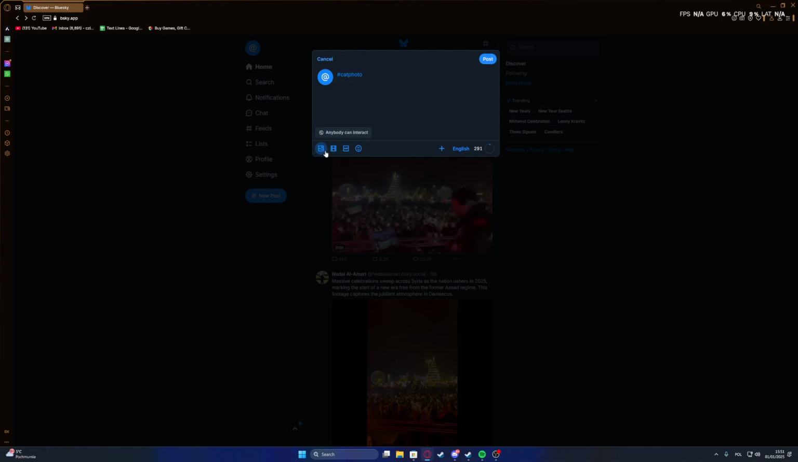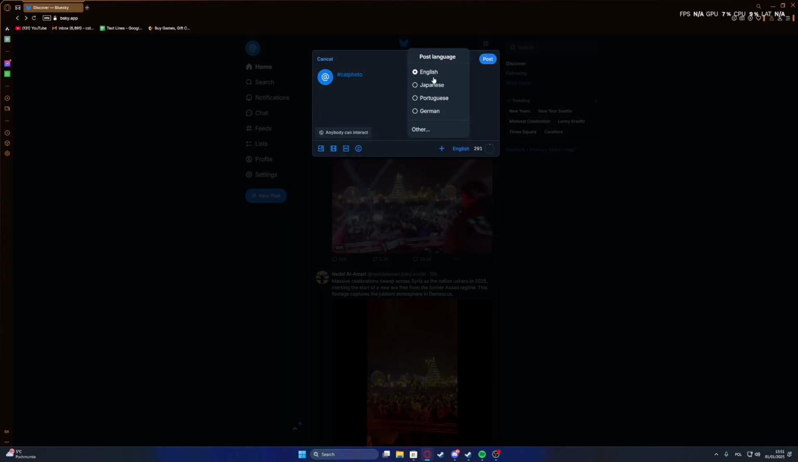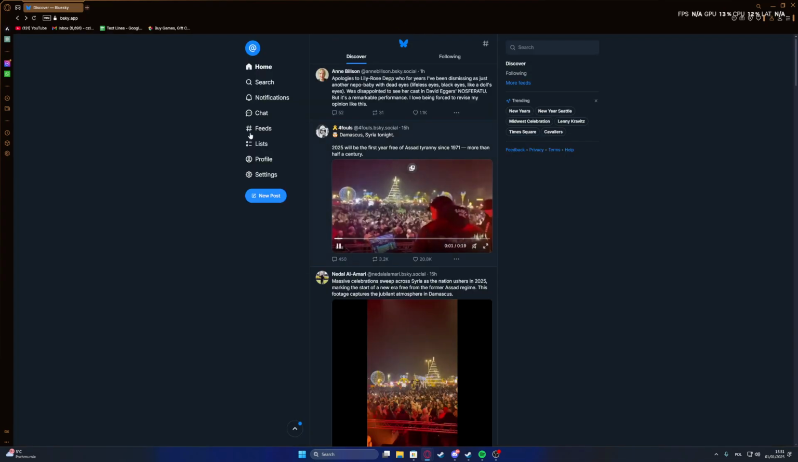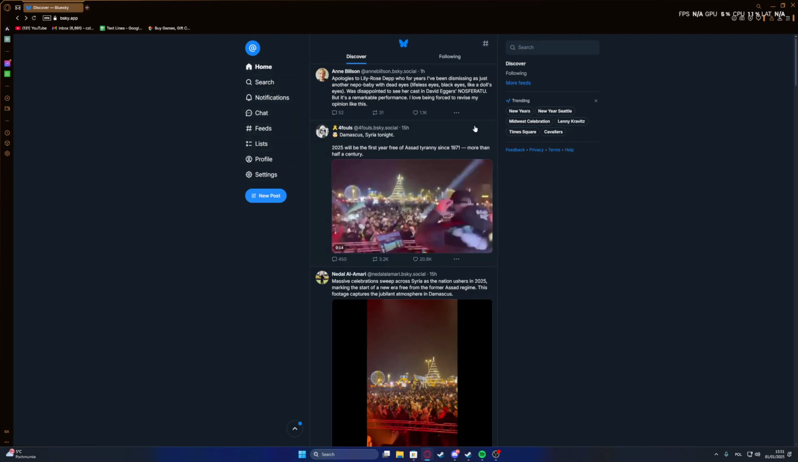You can also include photos, videos, GIFs, and emojis, or change the language for that post as well. Then when you're ready, you can post it, and then it should be visible on your feed. And honestly, that would be everything other than browsing, because if you want to use Bluesky just to browse through